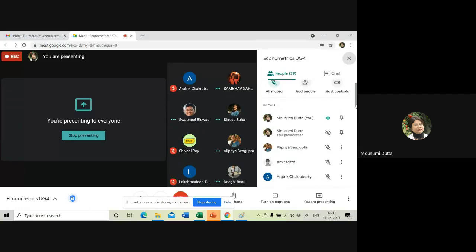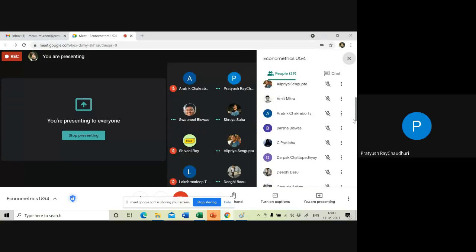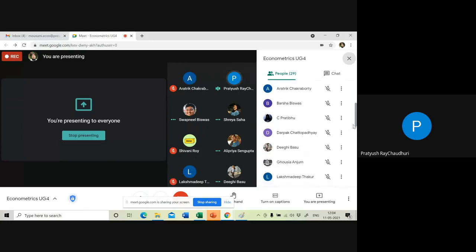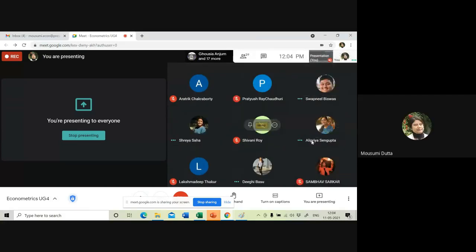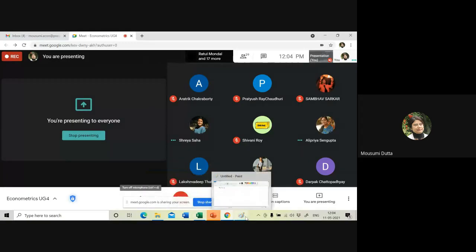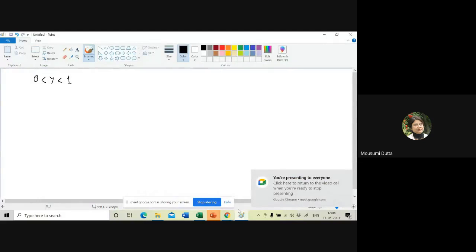Roll number 1. পারিনি করতে। আচ্ছা। দর্পক, অভিষেক, ট্রাই করেছো? সম্ভব? হ্যাঁ ম্যাম ট্রাই করেছিলাম কিন্তু পারিনি। আচ্ছা ঠিক আছে, প্রথম একটা একটা করে।